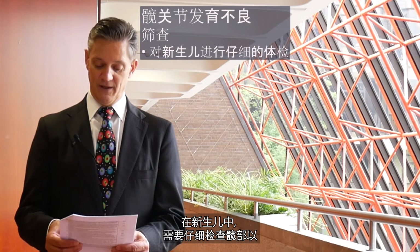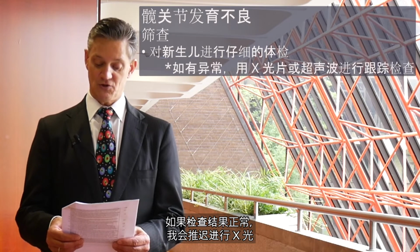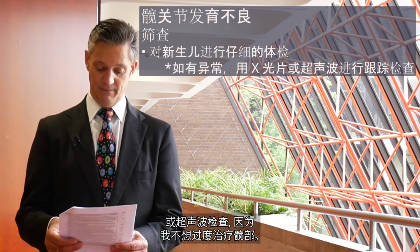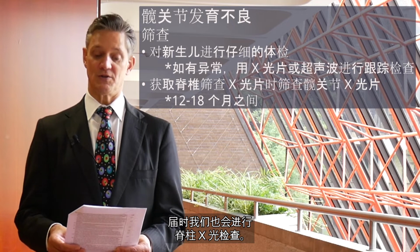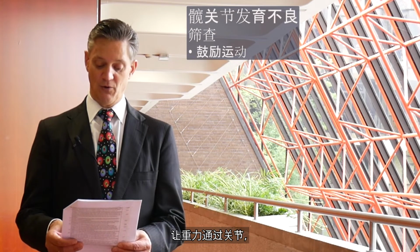In the newborn baby, the hips are carefully examined to rule out a dislocated hip. If the examination is normal, I hold off on x-rays or ultrasounds since I don't want to overtreat the hips. I will get my first x-ray somewhere between 12 and 18 months old, when we get our screening x-ray of the spine as well. We always want to encourage as much activity as possible, having gravity go through the joint